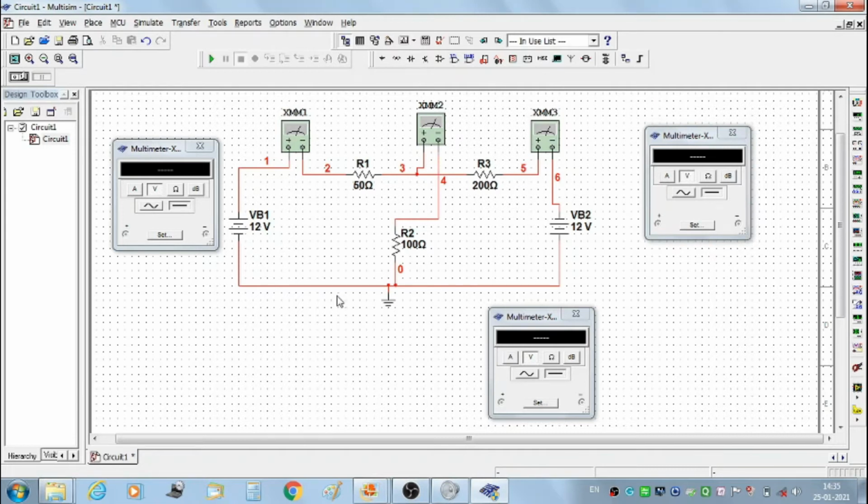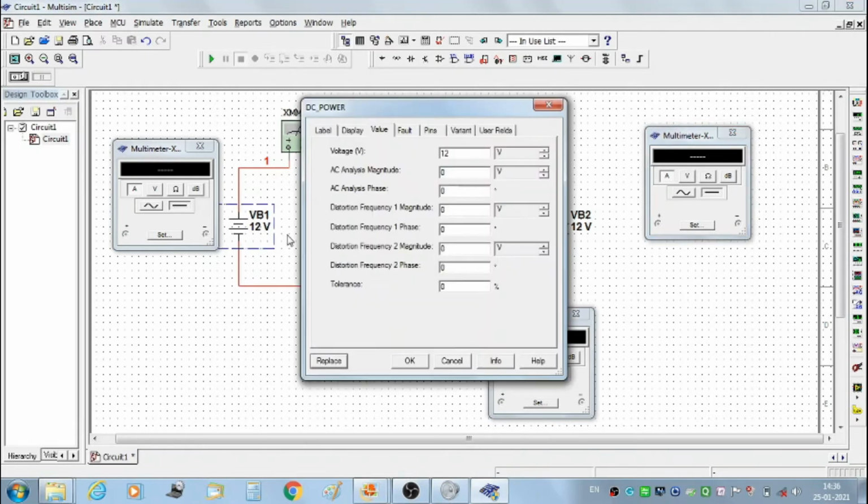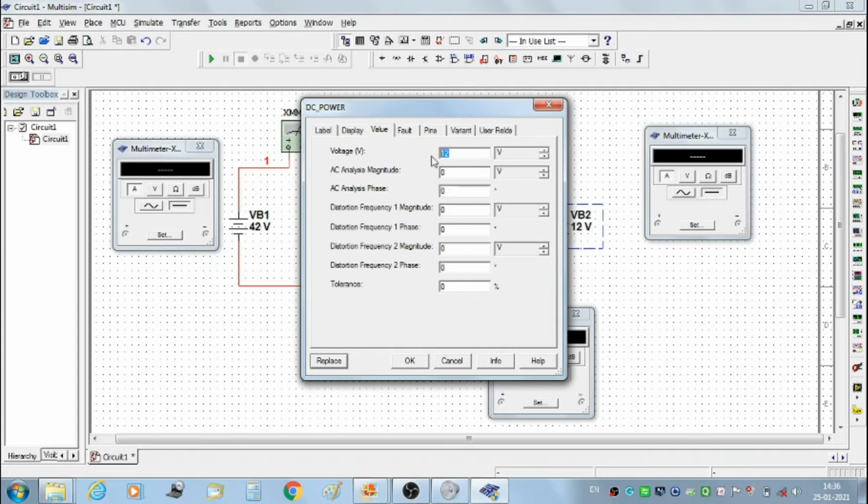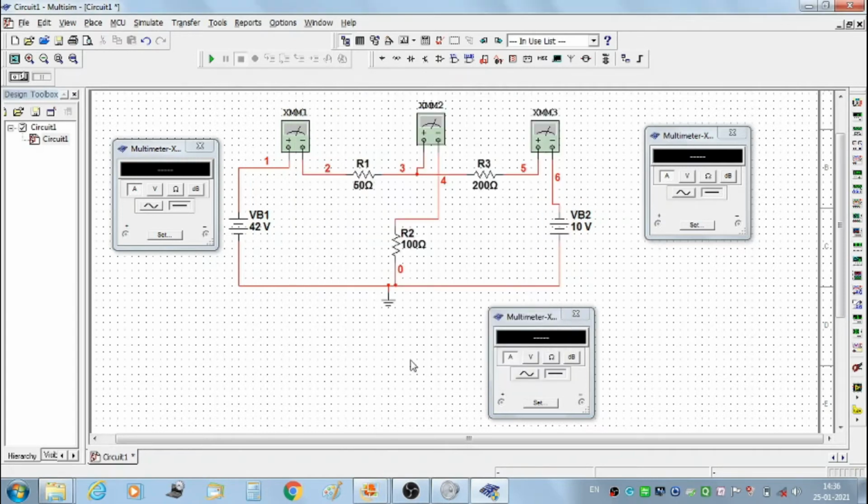Before starting the simulation, please set the multimeter on ammeter range and set the VB1 voltage for the first reading at 42 volt and VB2 at 10 volt. Okay, now we are ready to start the simulation and see the loop currents.